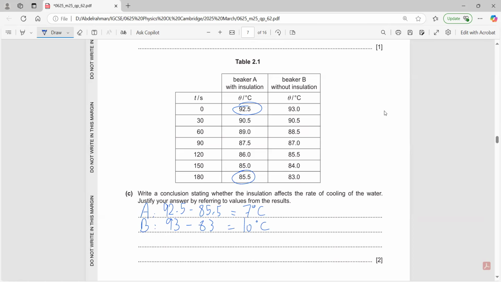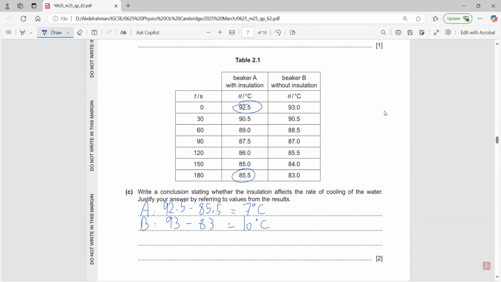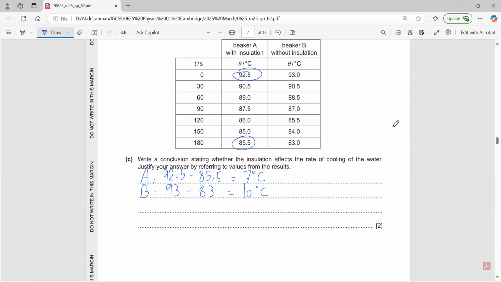Again, it's up to you. For this answer, the examiner will probably accept both answers, because the difference isn't that large and isn't that small. So I'd say that